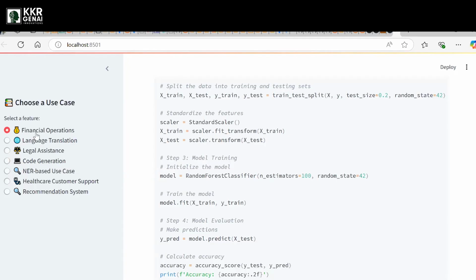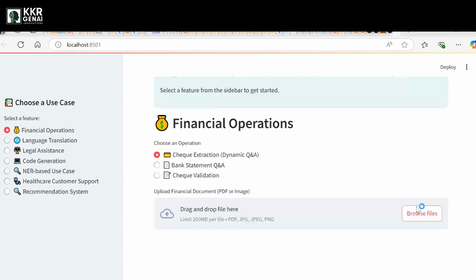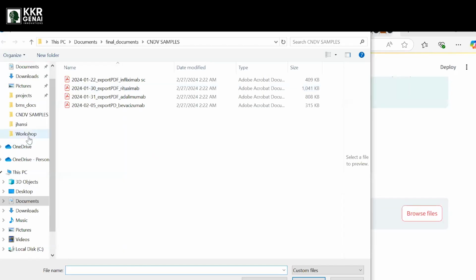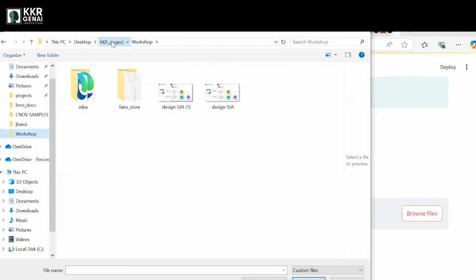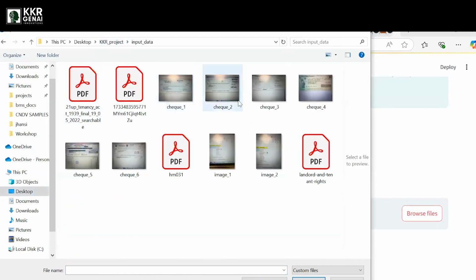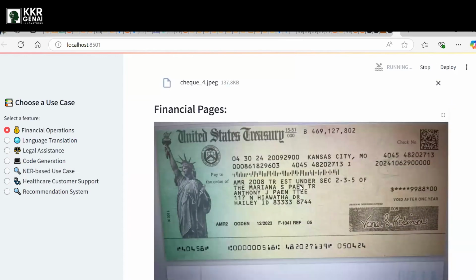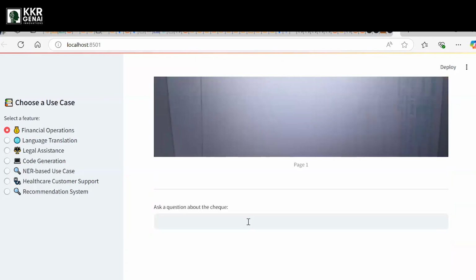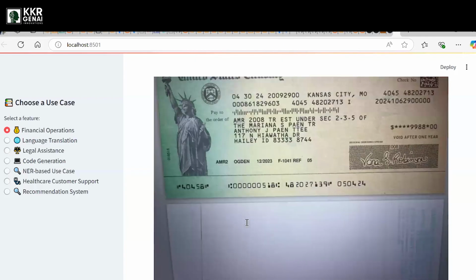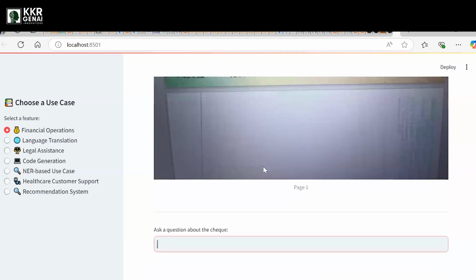And you can do financial operations where you can upload, like, a check. Suppose you are working in the banking industry and your manager assigns you a task to identify specified fields from a given check. You can simply upload your check to the generative AI and get the information. See, I just uploaded it; it will convert it to text and then we can get the information.